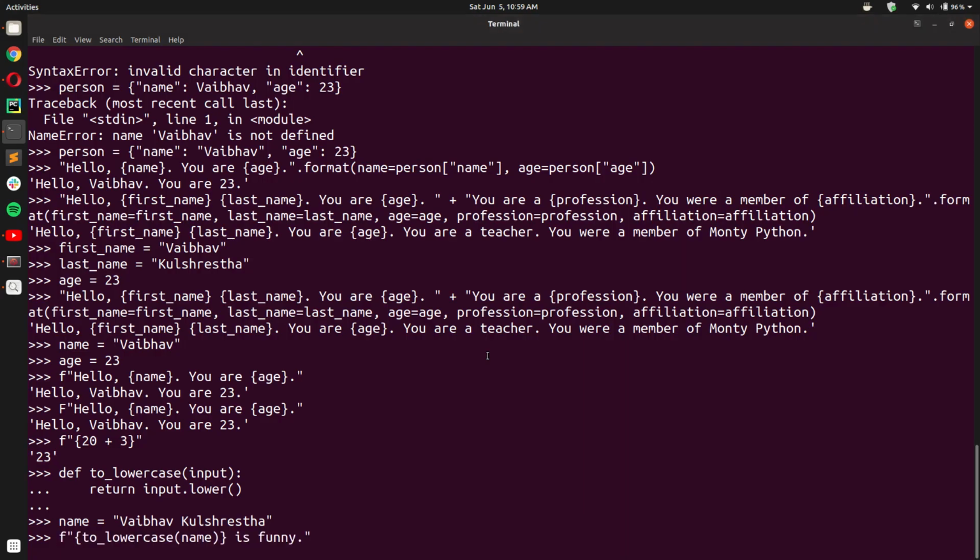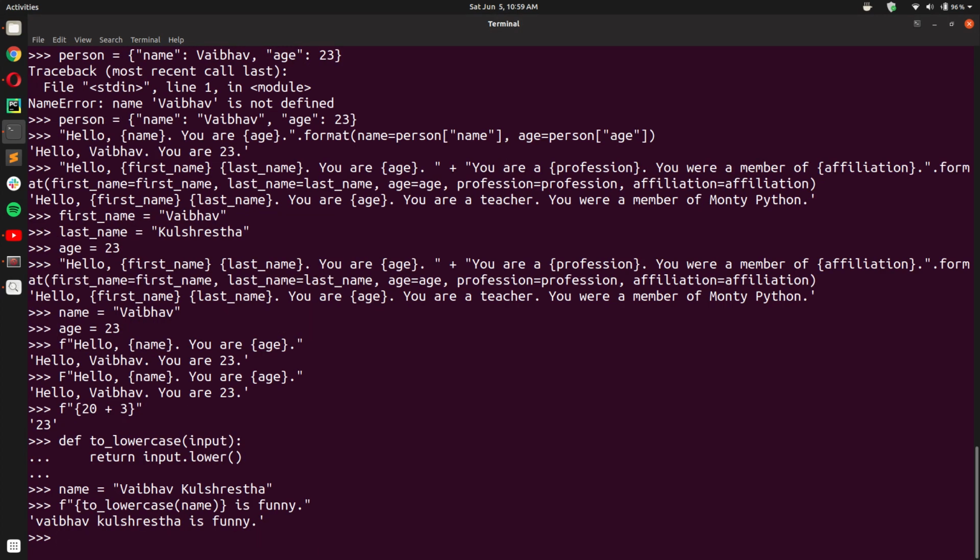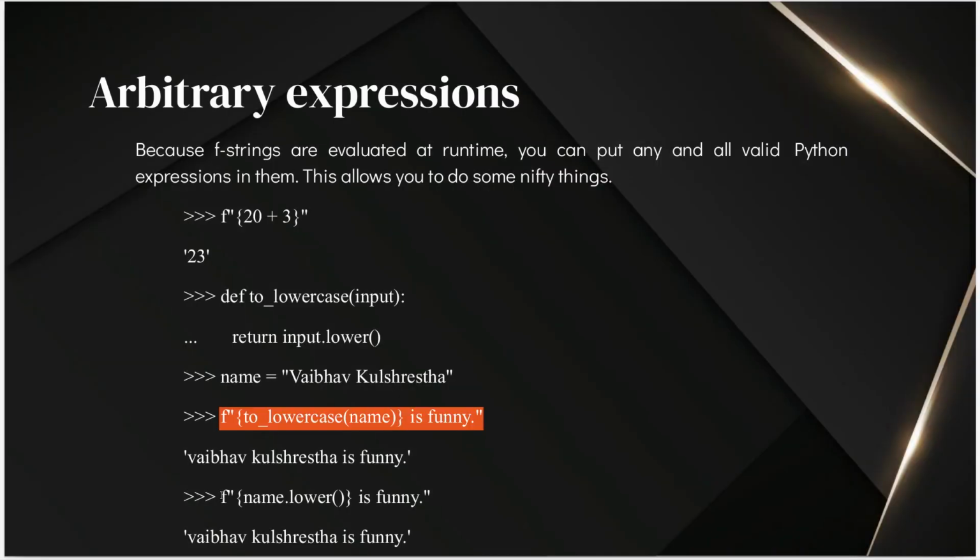The f string to_lowercase(name) is funny, and you see I got the correct output: Vaibhav Kulshreshth is funny, with all characters in lowercase. And that is why f strings are useful. They are evaluated at runtime, and you can insert any valid Python expressions in them.